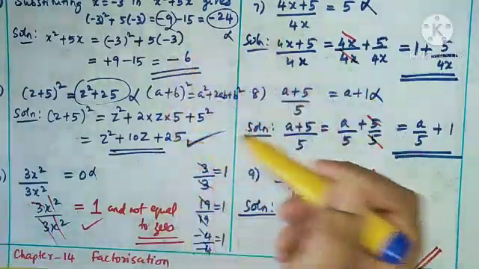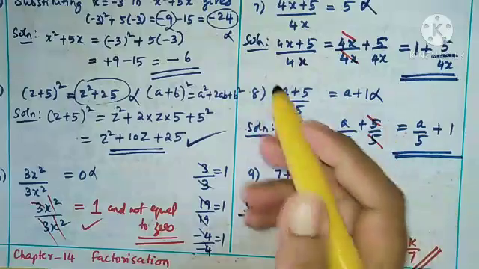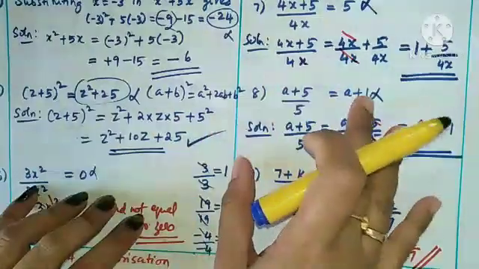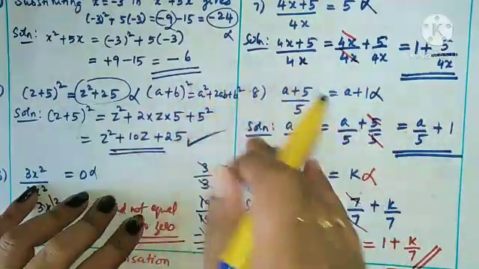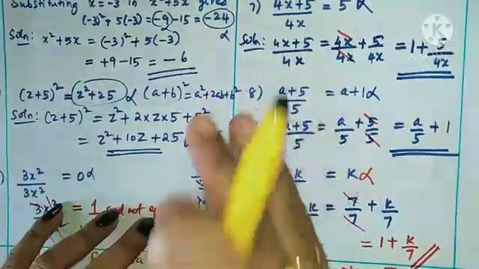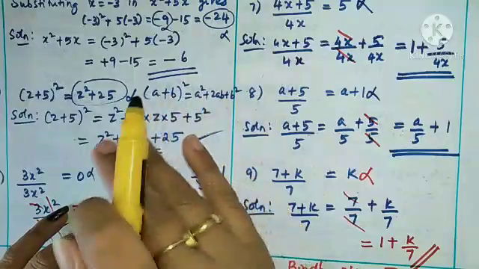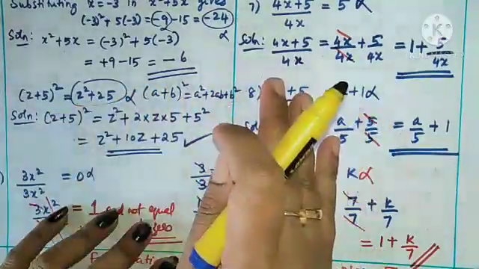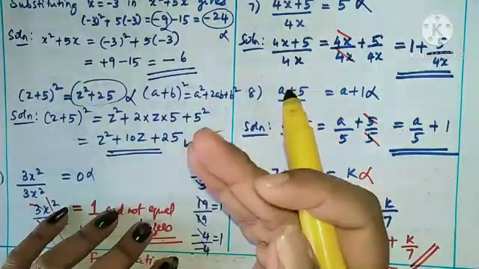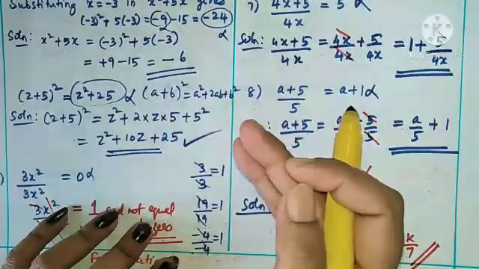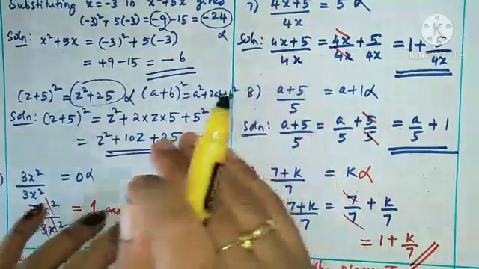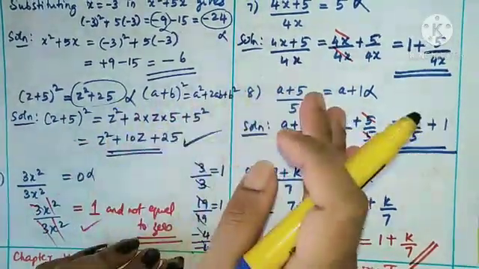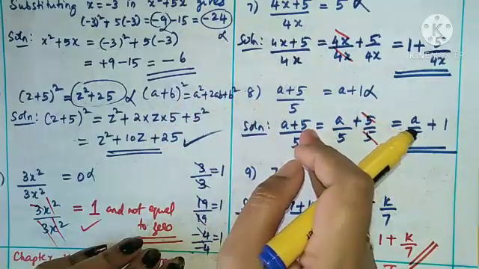All these questions are given to you to make you understand the concept clearly and never make this type of silly mistake. That is why this type of problems is given to you. So all of you understand the concept very clearly and practice more and more problems, so that you will be very thorough with factorization, and your 9th standard factorization will be very easy for you. I hope all of you will practice more and more problems, complete your exercise problems, complete the notes and make it up to date.